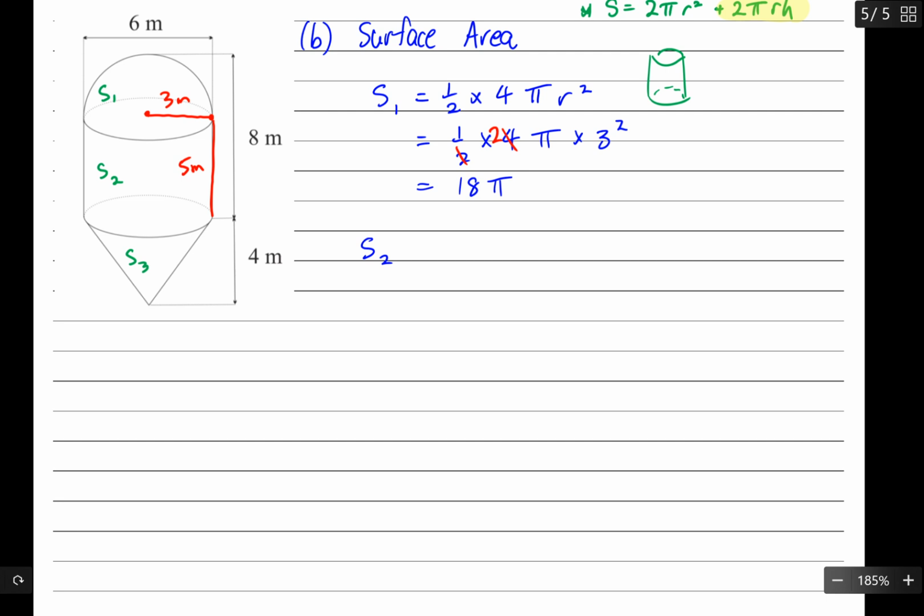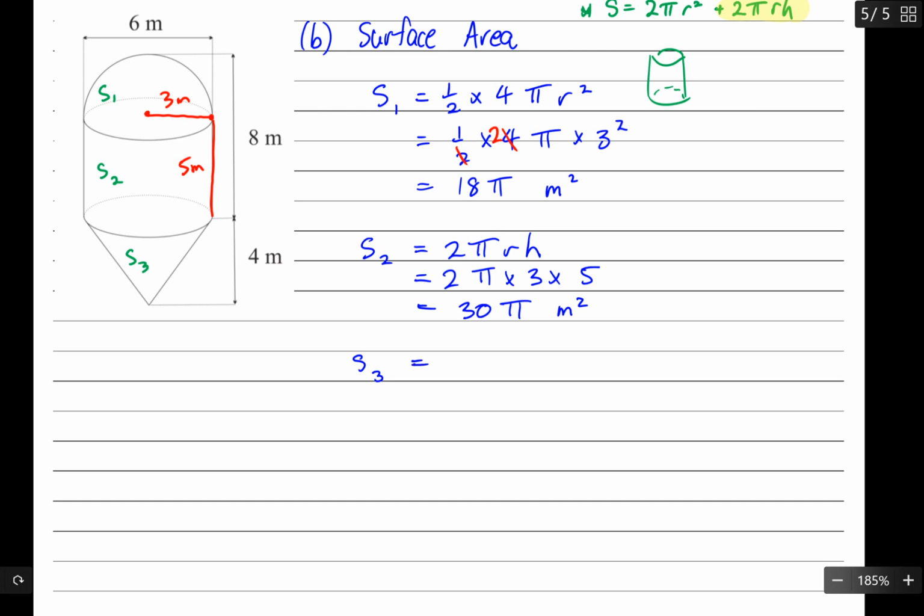So S2 is just going to equal 2 pi r h, and r was equal to 3, h is equal to 5, so we're ready to substitute in. 2 pi times 3 times 5, that's going to equal 2 times 3 times 5 is 30 pi. Okay, I could put meters squared in if I wanted, probably should. And the last one we want is